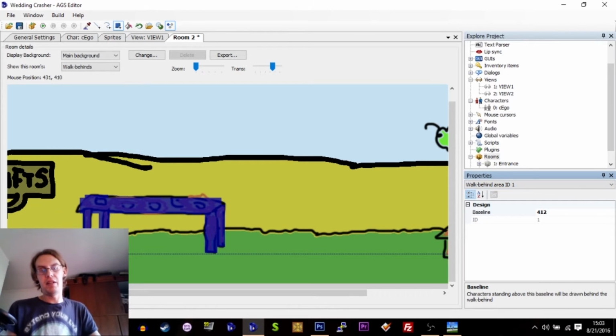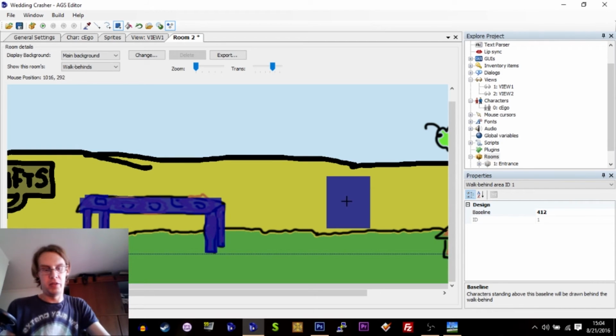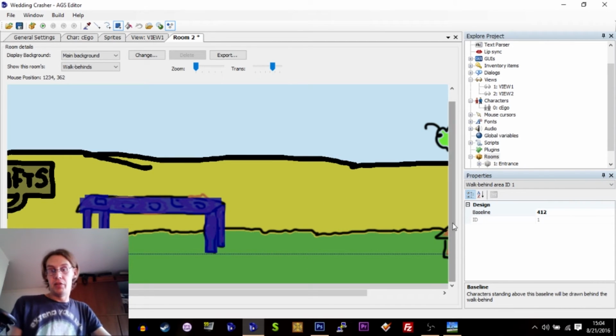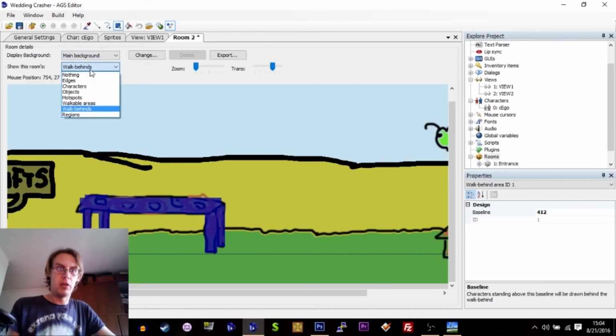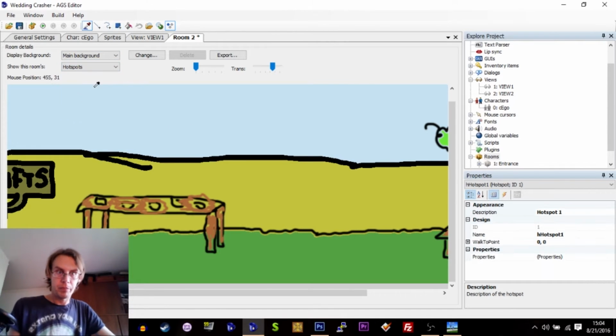But once you have a walk behind baseline here, then everything that you also color in, she's going to walk behind that one as well. It's only if you have stuff in the foreground, like she can pass in between the table and something. Yeah. Well, we've got a walk behind, cool, and we've got walkable areas, cool, and we've got